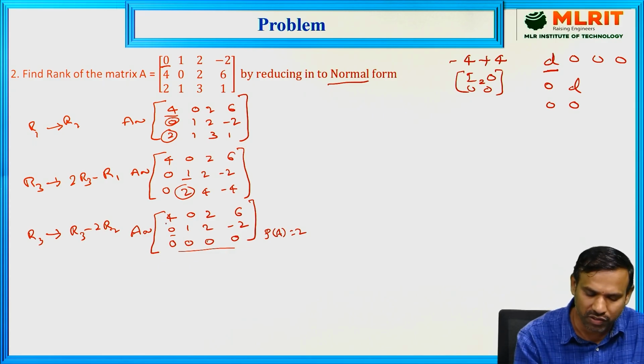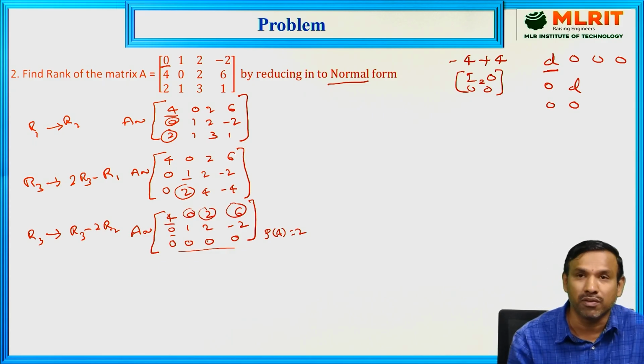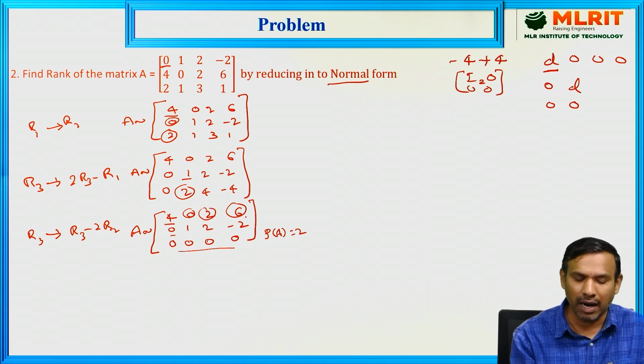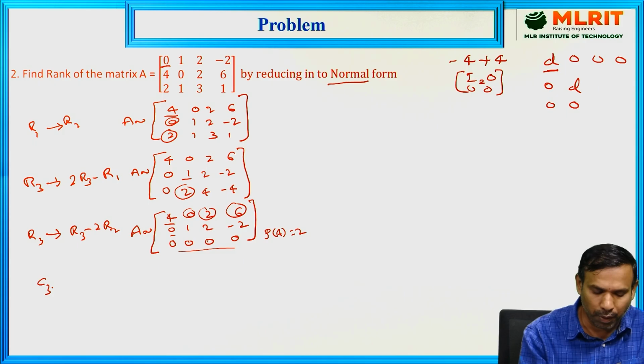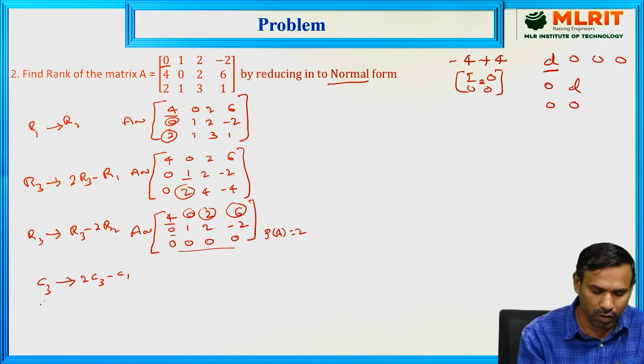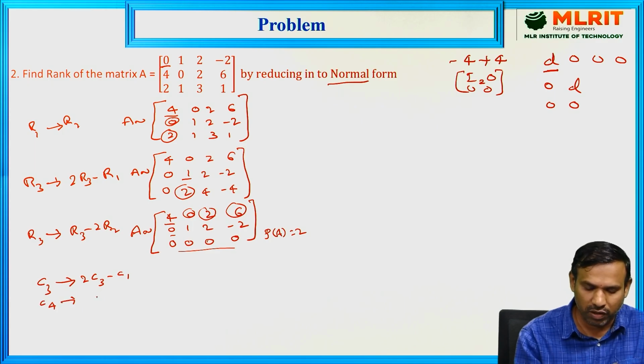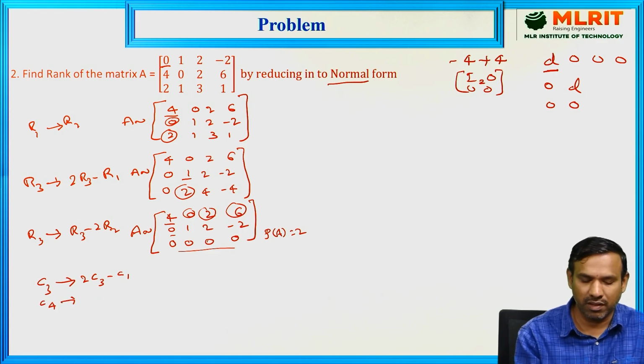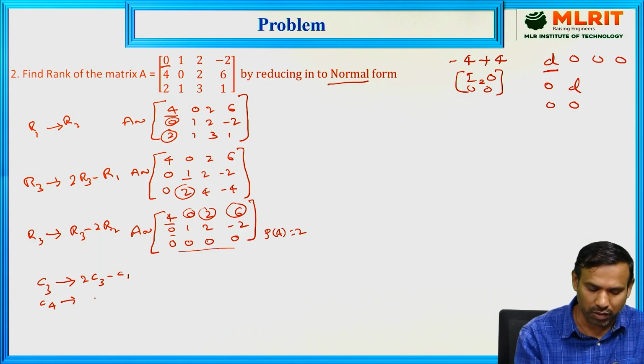Now using the first column, make the second element 0, third element 0, fourth element 0, that is C2, C3, C4. Already C2 is 0, so we have to make only C3 and C4. C3 implies C3 made double: 2C3 minus C1. 2 into 4, 4 minus 4, 0. C4 implies C4 is 6. This is 4. So 2 times 2 into C4